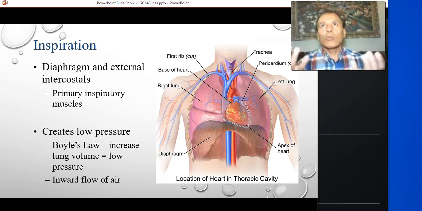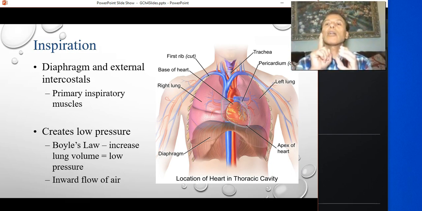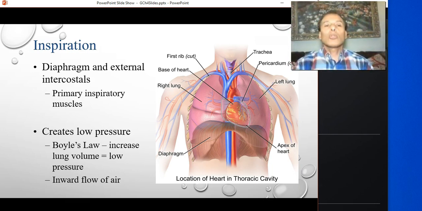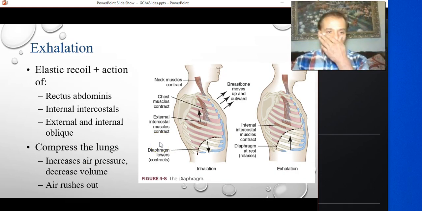Now, when we decrease the volume, what happens? The pressure inside of the lungs is going to increase. Now, what happens after that? That is going to push the air out of the lungs, and the air will continue to stream out until the point of equilibrium is reached again, and the process is halted, and then inhalation will begin again. So you need to know the exact words of Boyle's law, word by word, and then you need to explain how it relates to inhalation and exhalation.